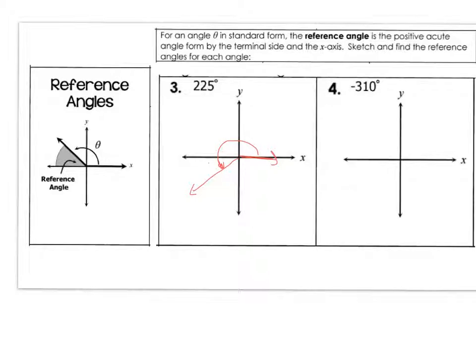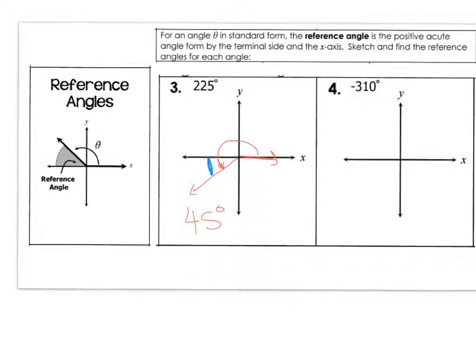The reference angle is this part right here, between the terminal side and the x-axis. Well, that's the 45 degrees, right? Because this is 180, this is 45. So that part right there is the reference angle. So the reference angle is 45 degrees. Now, what about negative